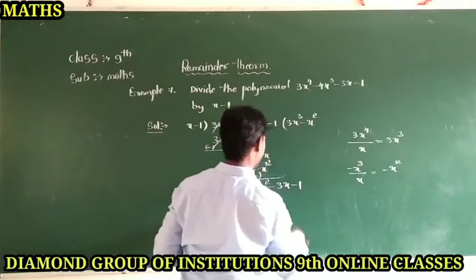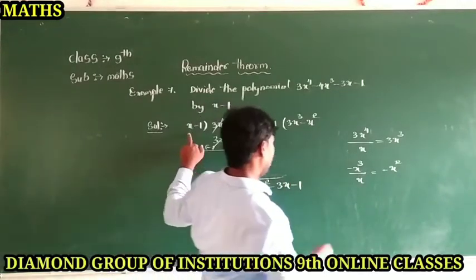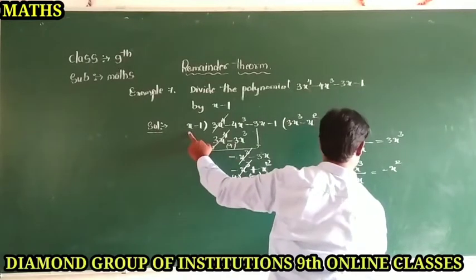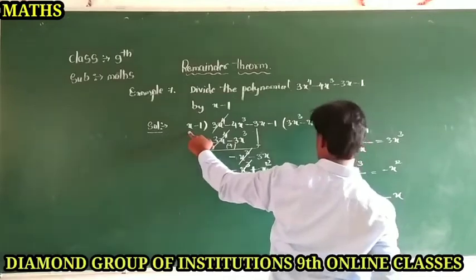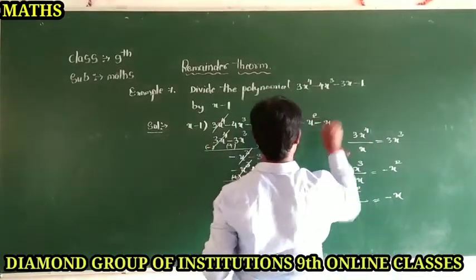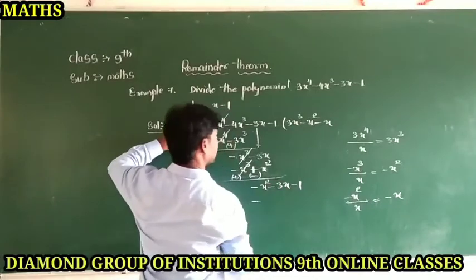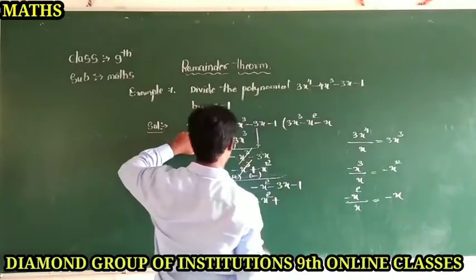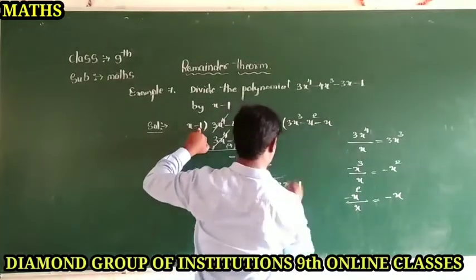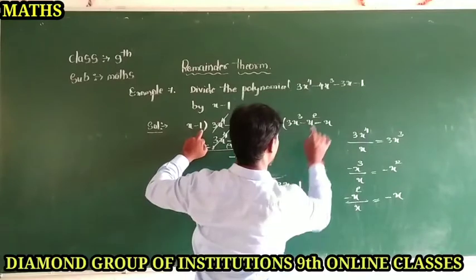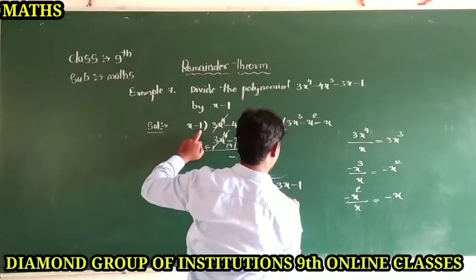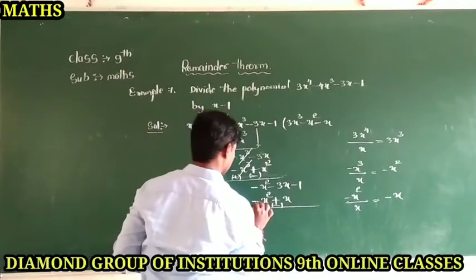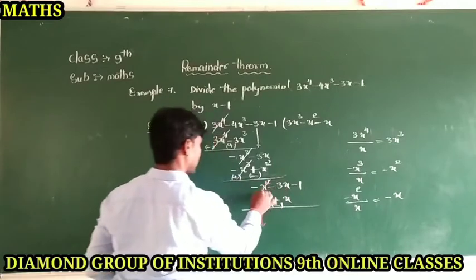Next I am taking here minus 1, dear students. Now minus x square upon x, both get cancelled, minus x, dear students. I am writing here minus x. Plus into minus is equal to minus, x into x is equal to x square, minus into minus is equal to plus, and 1 into minus x is equal to only x, dear students. So now here minus, this is plus and this is as it is, both get cancelled.